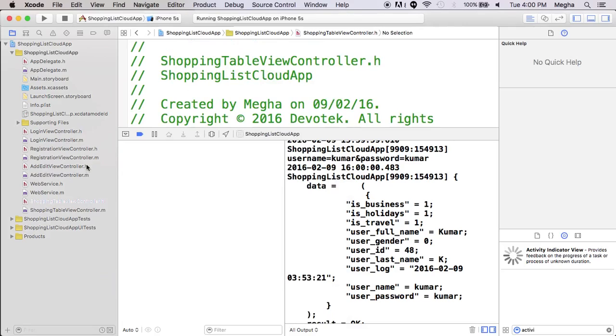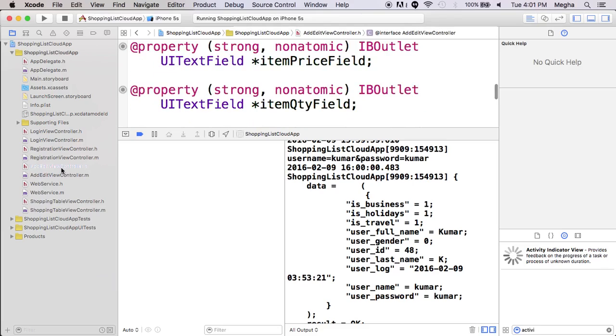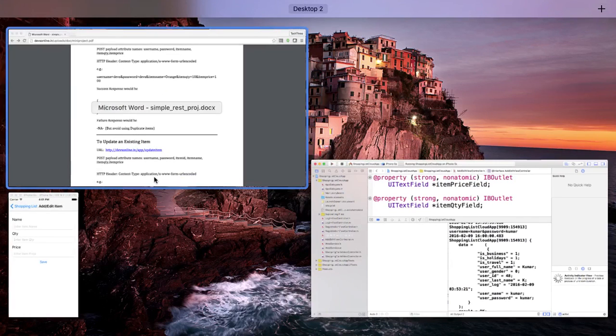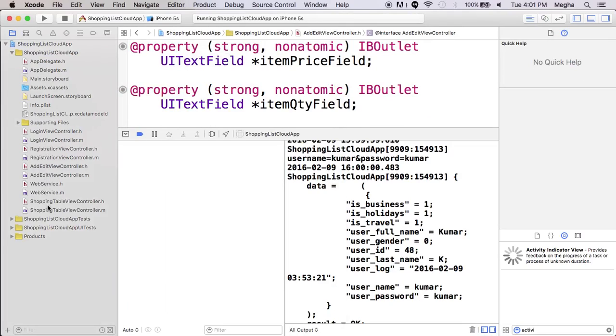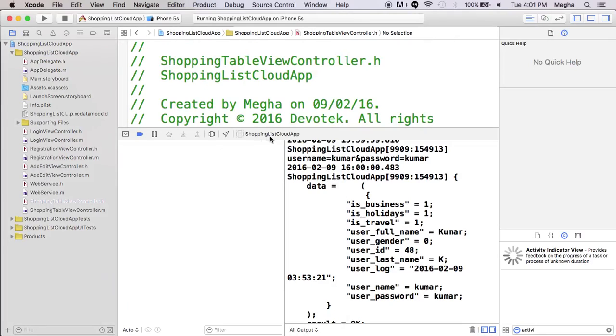Okay, so the back segue, the placement is a little critical because it has to be always added to the first responder, not in the same responder. So the add edit view controller was launched from the shopping table view controller, because from the table view controller there is a plus button. I am going from there. So that is actually the first responder, I mean the previous one, naturally the first responder for this view. So I have to add one method